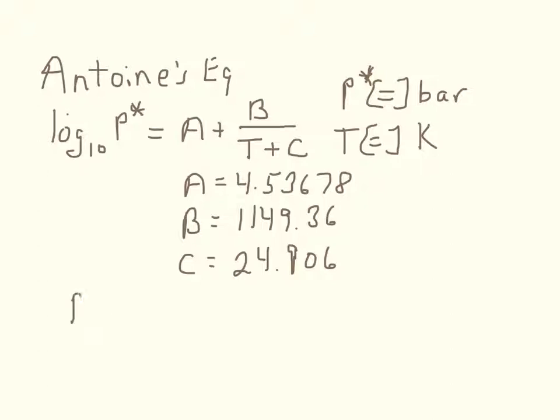Usually what you'll do is put the equation in this form. The vapor pressure is equal to 10 to the A minus B over T plus C, like that. And calculate T plus C first, then invert it and multiply by B, then take the opposite of that and add it to A, and finally take that quantity and raise 10 to that power. Now, with these constants and 298 degrees Kelvin, we get that the pressure is 9.49 bar,